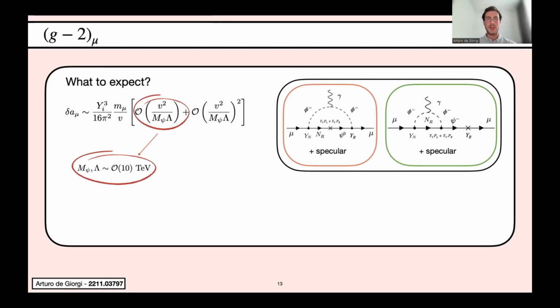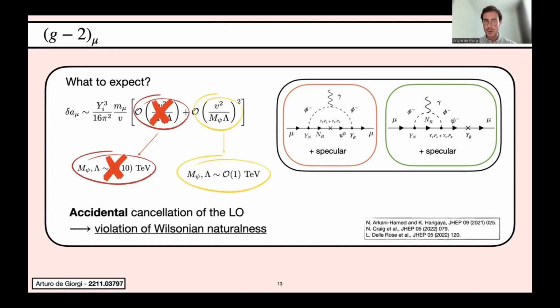So you may wonder, why are you telling me something about this? And here is the, as far as I know, unique feature of the model. That is, if you compute this contribution explicitly, it is exactly 0. So it cancels accidentally the leading chirally enhanced contribution, and we're left with the next leading order. Now, this was pointed out some time ago by Arkani-Hamed and Harigaya as a violation of the criteria of Wilsonian naturalness, and was further studied afterwards, precisely